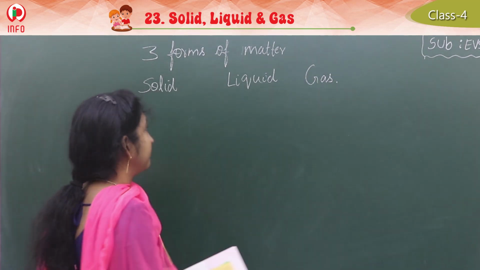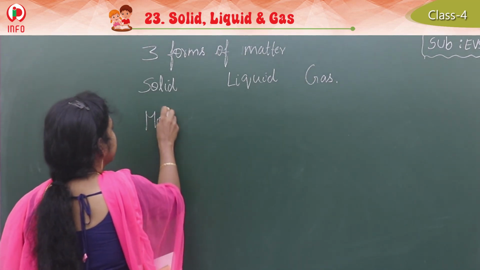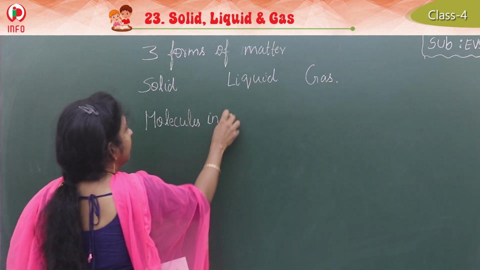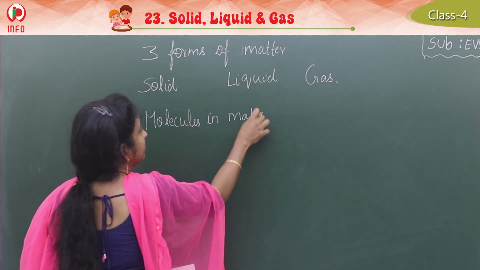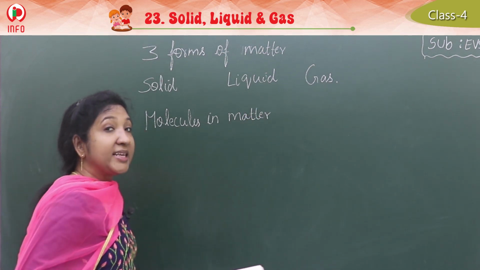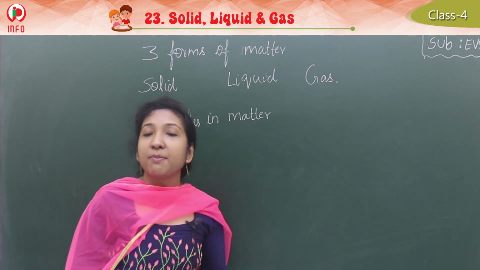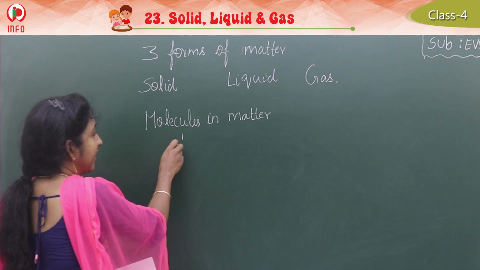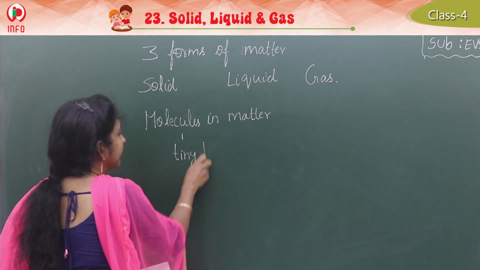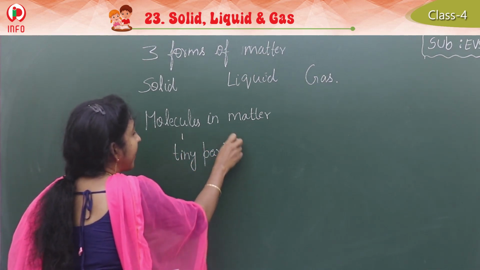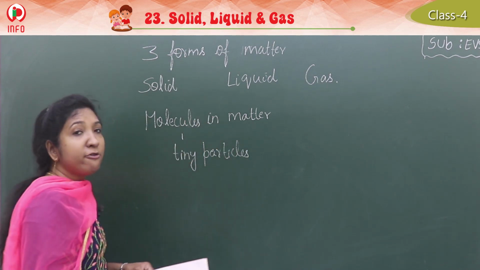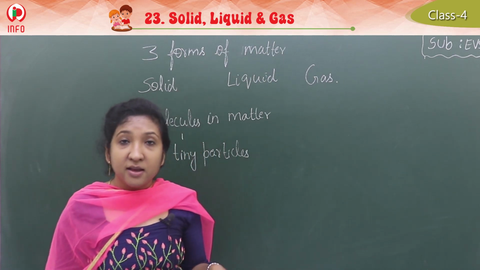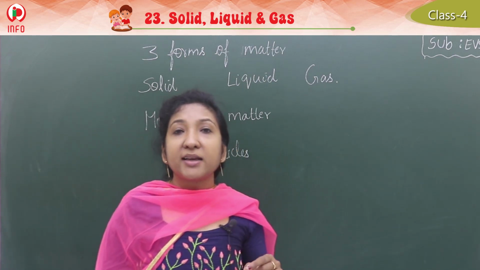Molecules in matter. Matter is made up of tiny particles called molecules. So molecules means tiny, small particles. Actually, matter is made up of tiny particles. All things around us are matter. They are made up of some small particles. They are called